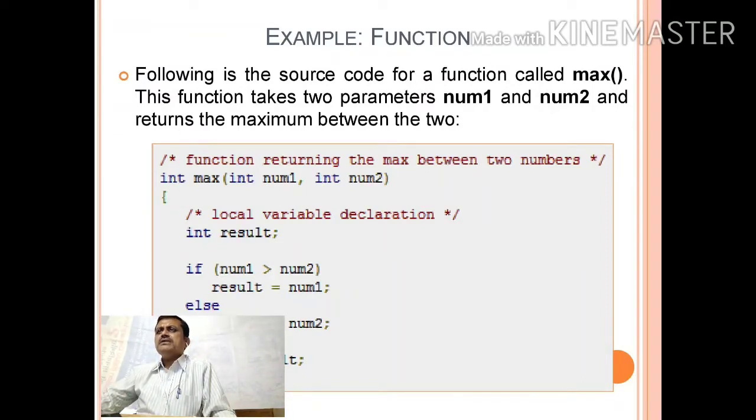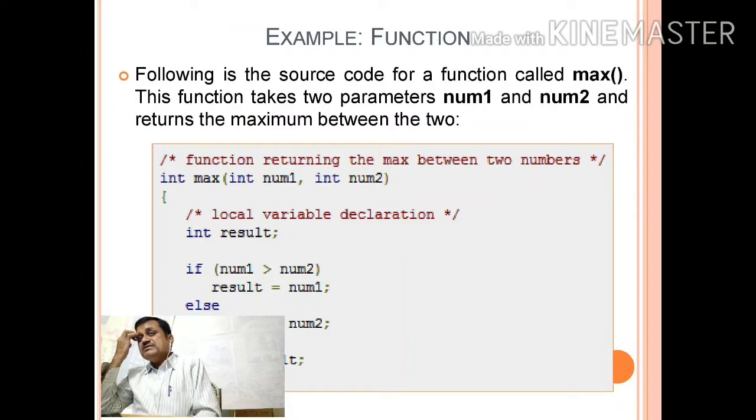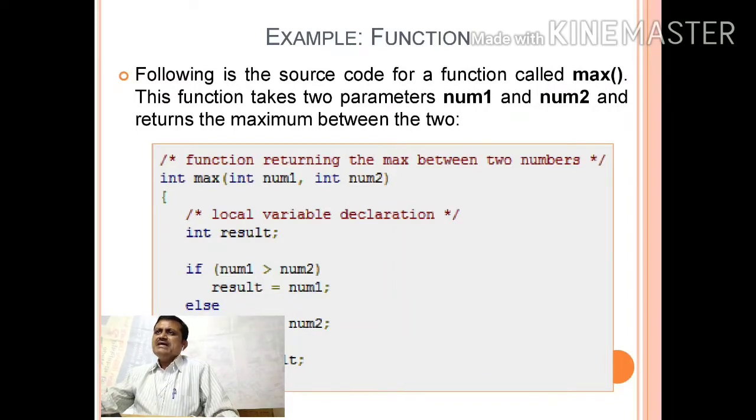Now in the above example you can see I have given you a function returning the max in between two numbers, finding the maximum number amongst two given numbers. Here you can see the function name is max and the parameters are integer number 1, integer number 2.